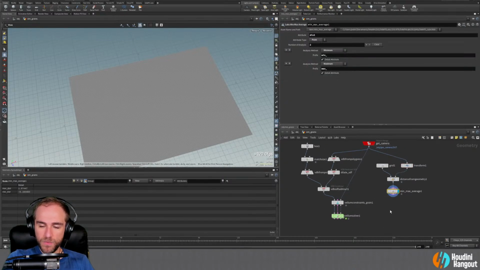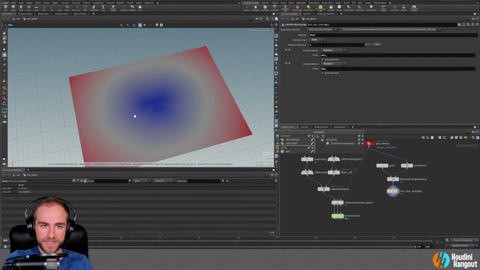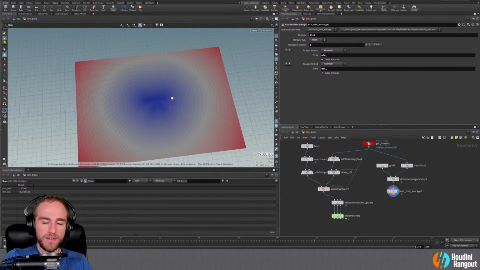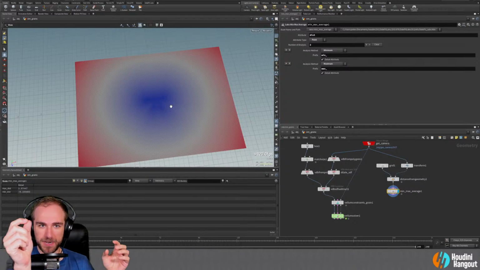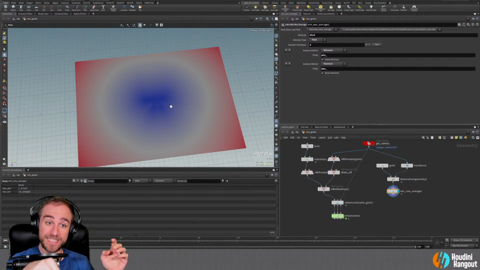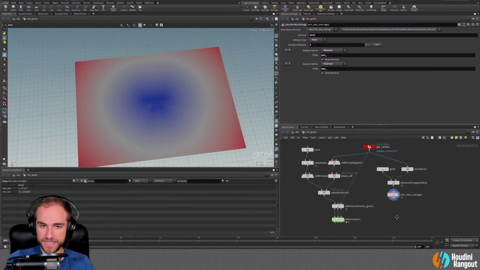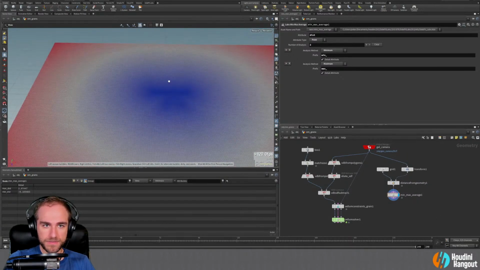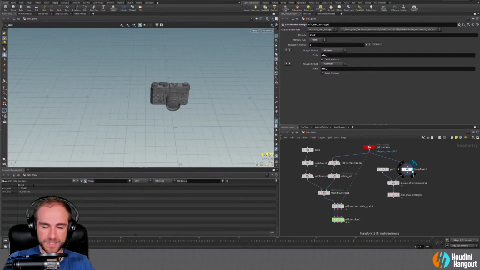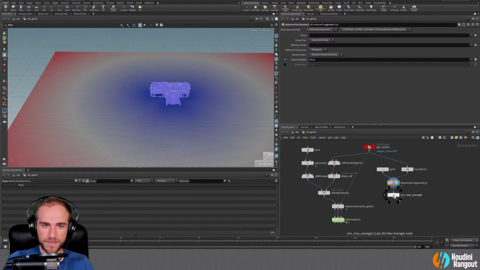So the next thing we want to do is get this attribute to be controlled in a more specific way. We want to be able to make rings based on distance to the actual model. So let's mess around with that and see what we can get. So actually, that's kind of strange. It seems like there's some weird distance stuff going on there, just in this crevice. Anyways,